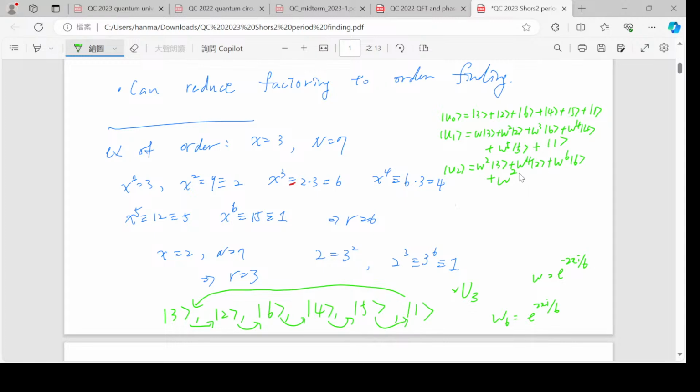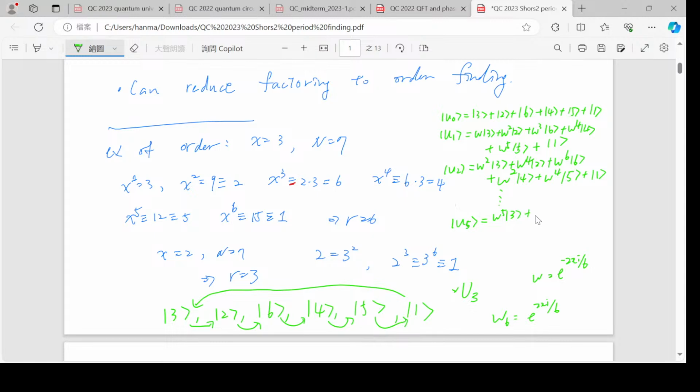Where are we? Omega square 4 plus omega 4 5 plus 1. It's a little small here, so let's go to U5. So there are 6 different U. The U sub S is from 0 to R minus 1. And there are 6 different U, and U5 is omega to the 5,